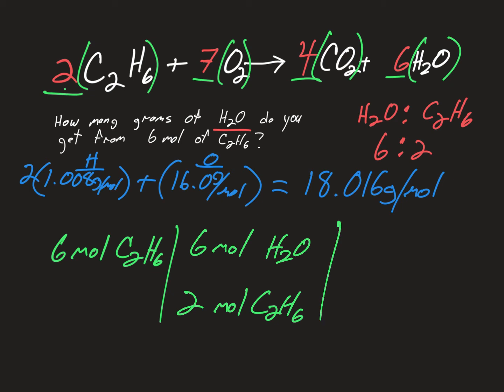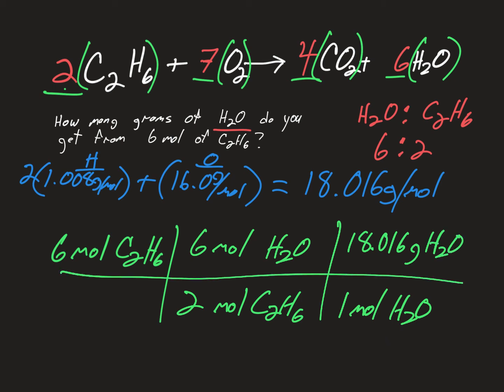Moles of water, and I know that every 1 mole of water is equal to 18.016 grams of water. And now I've just made my railroad tracks. And if you look, the units should cancel out. Moles of ethane, moles of ethane. Moles of water, moles of water. So I'm left with grams of water